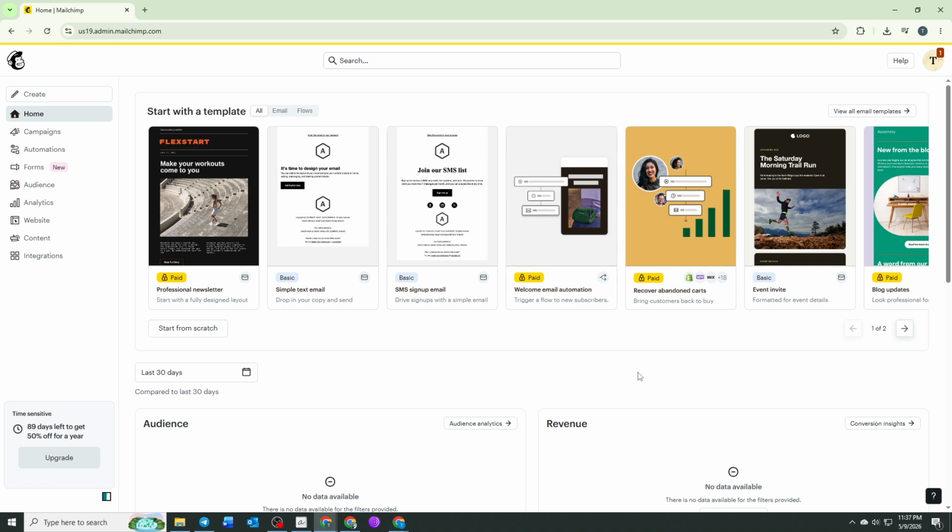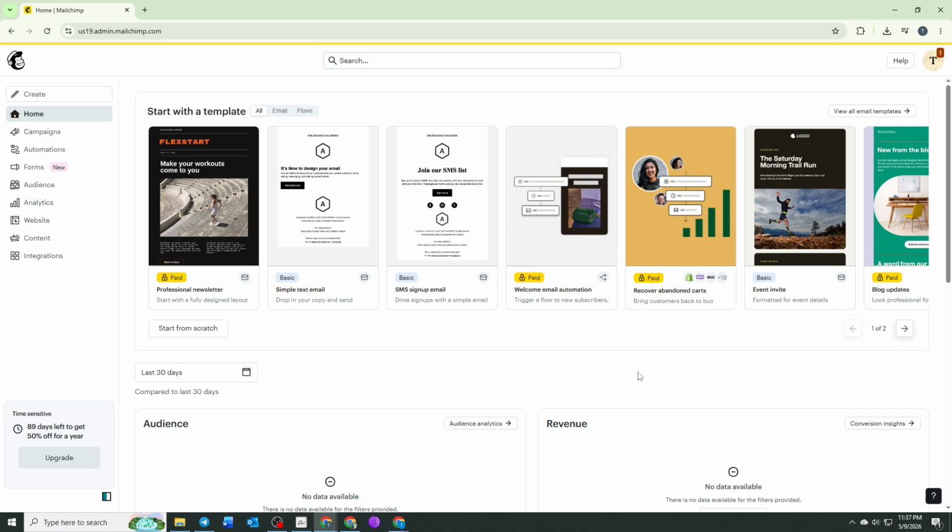In this guide, I will walk you through the process in a clear and simple way so you can confidently manage your account settings. To begin, open your web browser and go to the official Mailchimp website. Once the homepage loads, sign in using your account credentials. Enter your email address and password carefully to access your dashboard, where all your campaigns, audiences, and account settings are